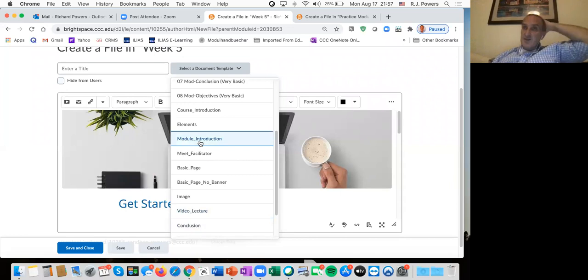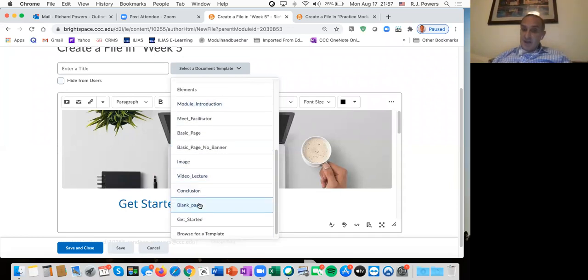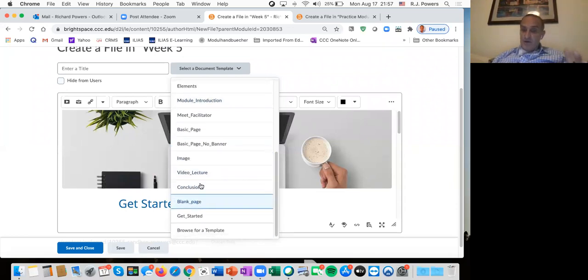A lot of designers, they get their 1 or 2 templates that they like, and they pretty much design their course that way. You know, like how many files do you need, especially if you're remote teaching? If you think about that, it's not a fully online course. Maybe the students will only be working about 3 hours. You're going to see them very often in Zoom and talking to them. So how much do you need in your classroom? Probably a module introduction, maybe an activity or two, a discussion, a quiz, or an assignment, and then the conclusion